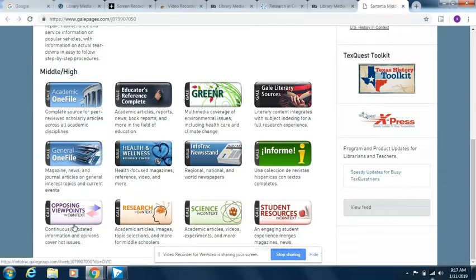But in the future, if you ever have to write a paper, there are other resources. Research context, for research. Those are academic articles. Science, those are science articles. So if you don't want to read something for science, they're right there. And then student resources, those are also really neat ones to use that merge news and scholarly articles all together. But today we're going to look at General OneFile.